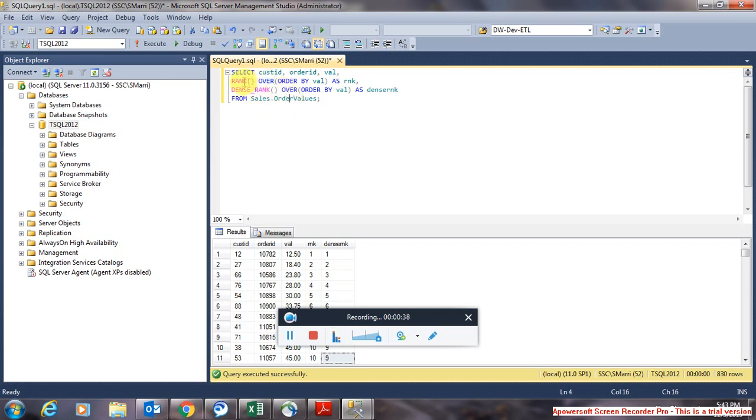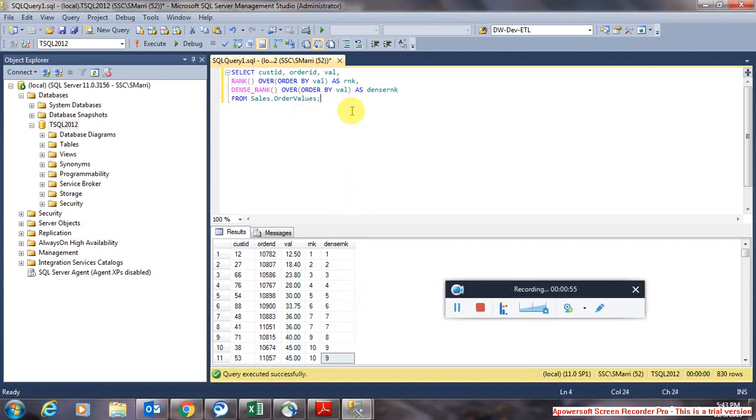So if you go to the definition of the rank function, it returns the number of rows in the partition that have a lower order value than the current one, plus 1. What does that mean? When you look at the result set here, if you consider the value 36, both these values will have the same rank number as we are ordering by the value column.